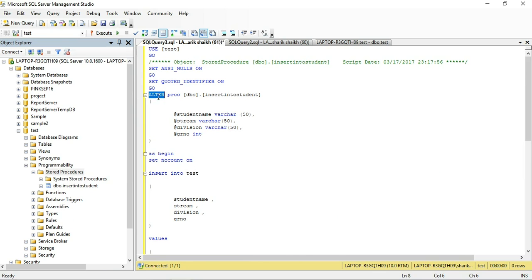Okay, now change it to create and change the procedure name. I am giving the name update data. Change insert to update. Remove the into part. Write set.